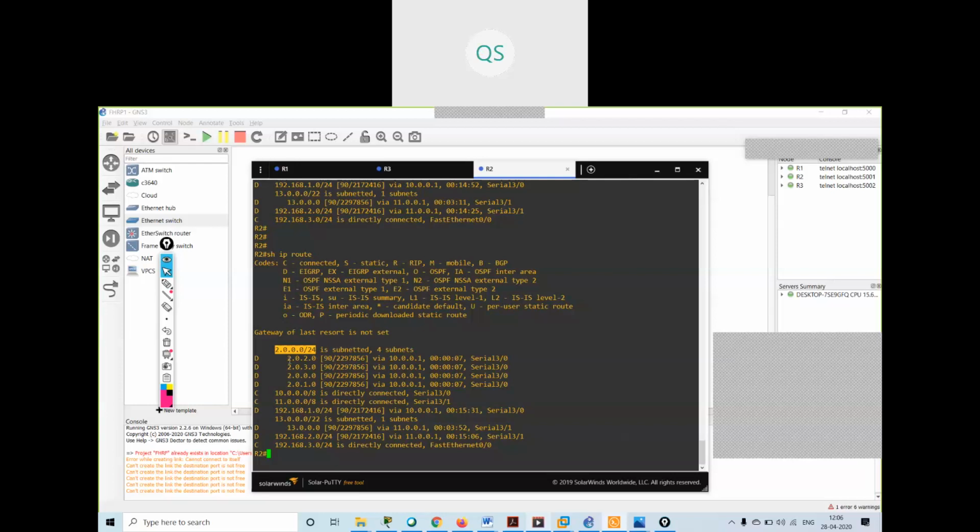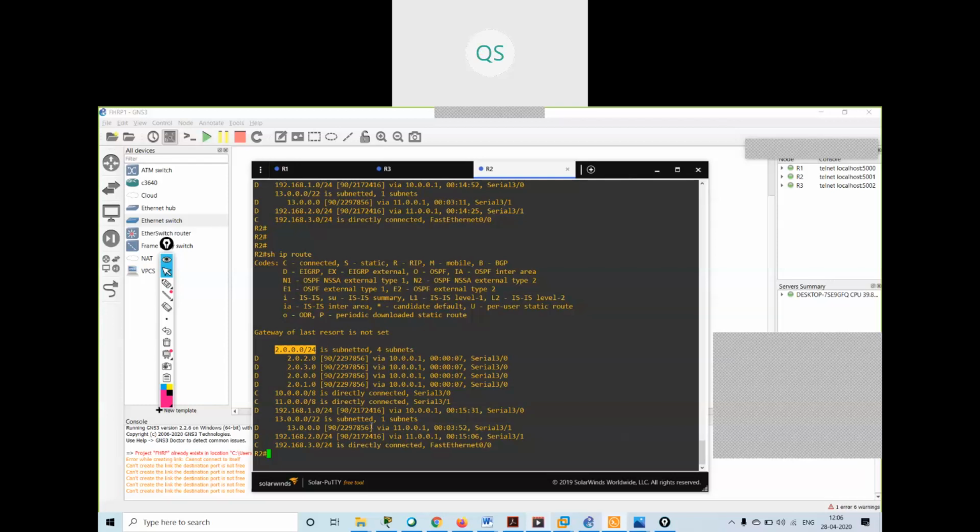Sir, if we enable manual summarization, all other networks will not be summarized? For example, we have manually enabled summarization for the 13 network. No, for the other networks it won't be. We have done it manually for the 13 network only, not for any other network. But if we need auto summarization for other networks and manual summarization only for 13.0?